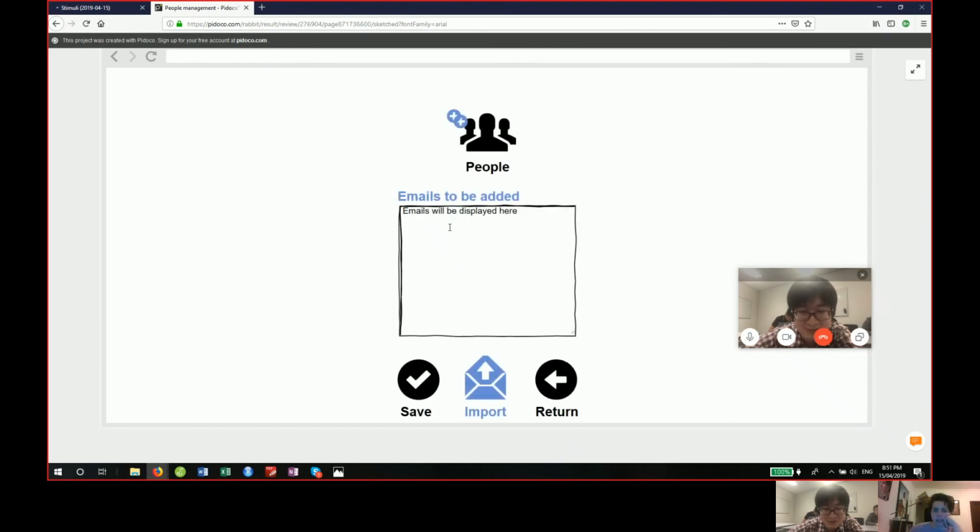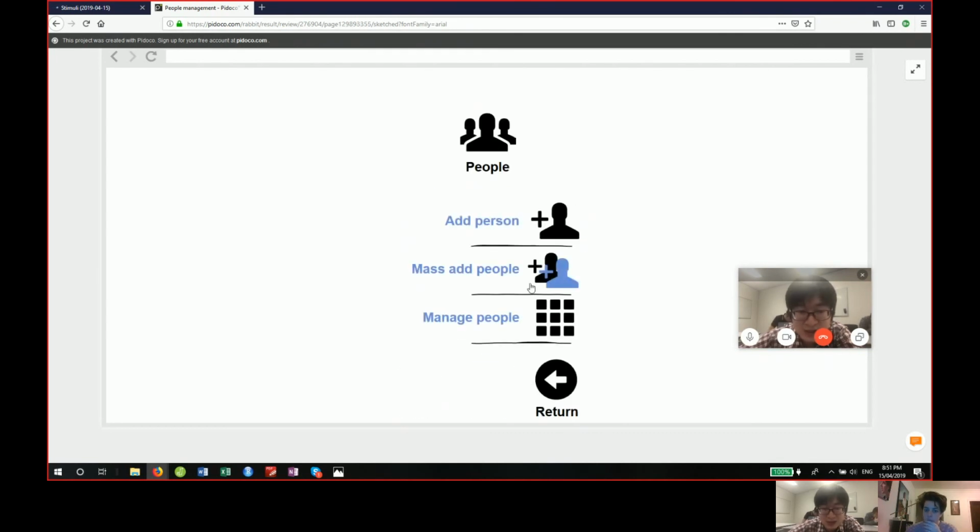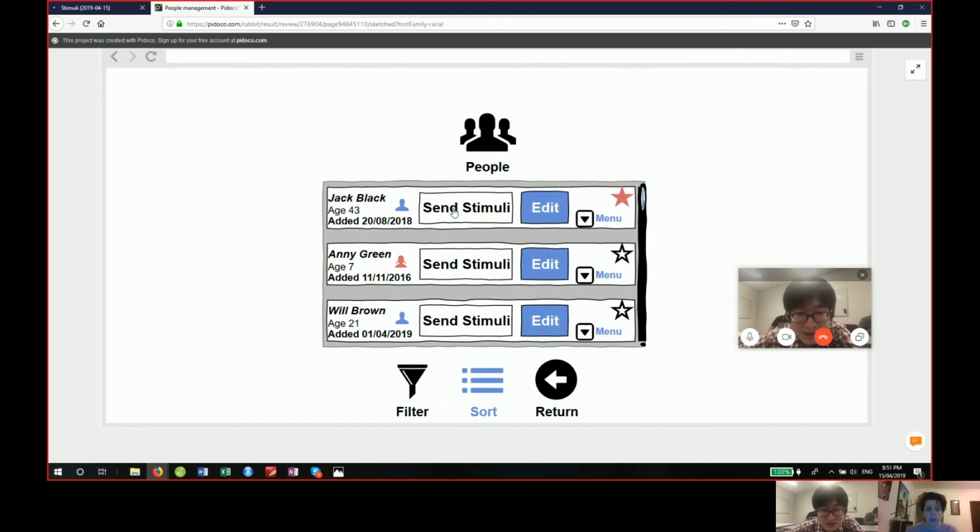Yeah. So the one thing that I wonder about with this is, where do you select which task they get sent? Given that there are all the different tasks that you can create, like the children or adult 30 to 40 versions, what part in here do you say send them this version? This is the place you manage your participants. It's not the place you send them. You can click on the manage people. Okay, so wait. And you can select send. Oh, okay. So here I could say,